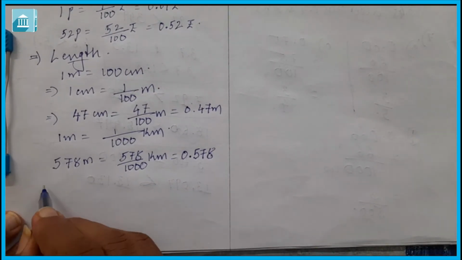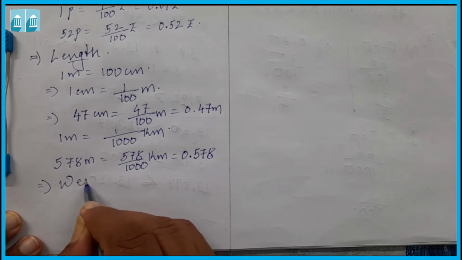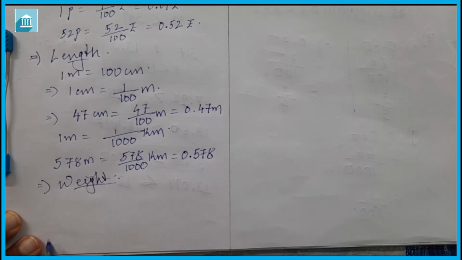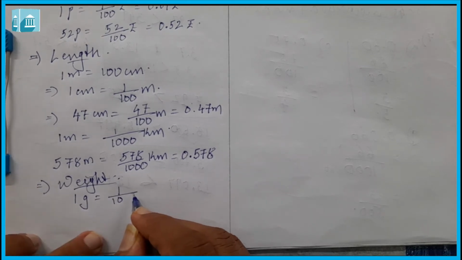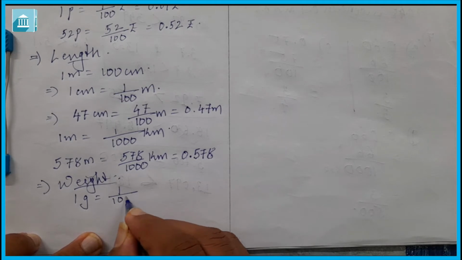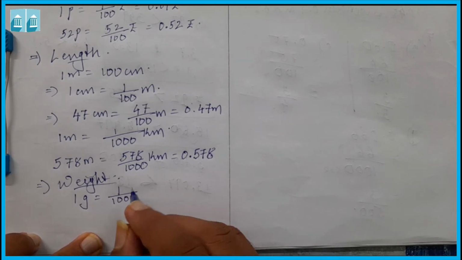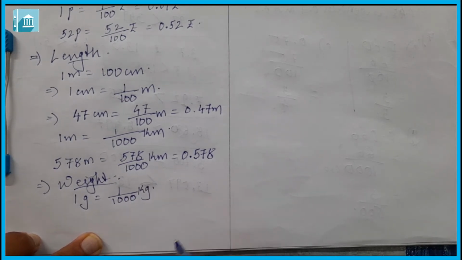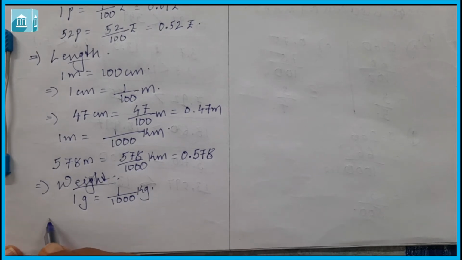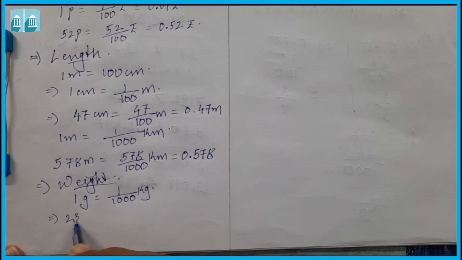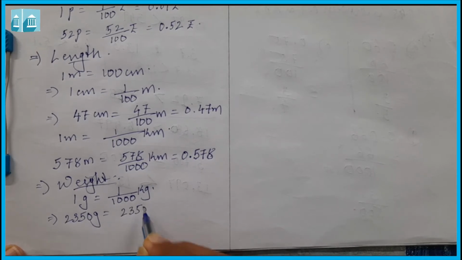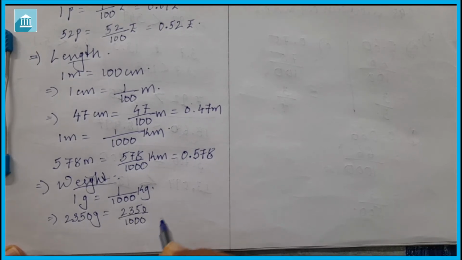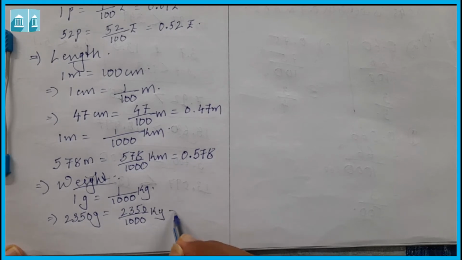Now in the same way, let us learn for weight also. In weight we know that 1 gram is equal to 1 upon 1000 kilogram. So if you want to convert, suppose, 2350 grams into kilograms, then it will be 2350 upon 1000 kilograms,